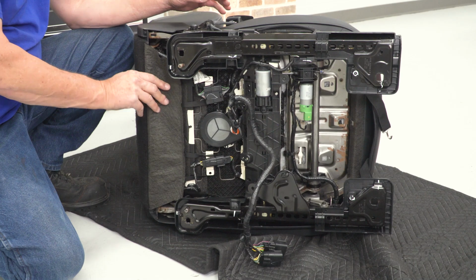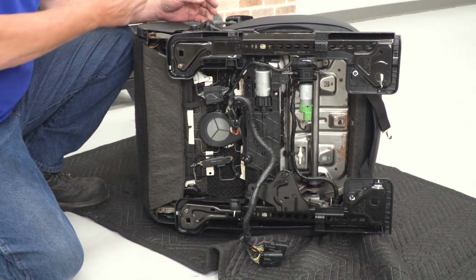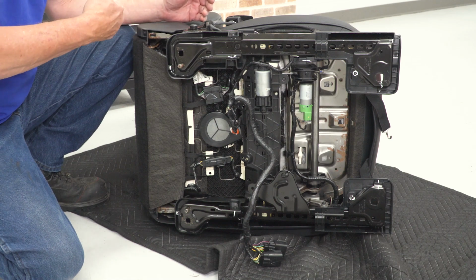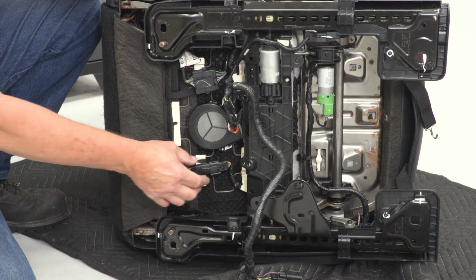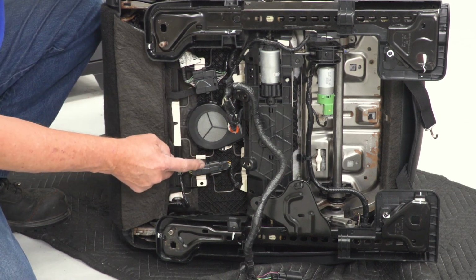And now we can start working from the back side to secure those so that we can attach our front straps. Now this cover right here, we need to get this out of the way so that we can reach in and grab those plastic tabs that we just stuck underneath the back of the seat. And to do that, what you need to do is disconnect these 2 connectors here in the back of the seat